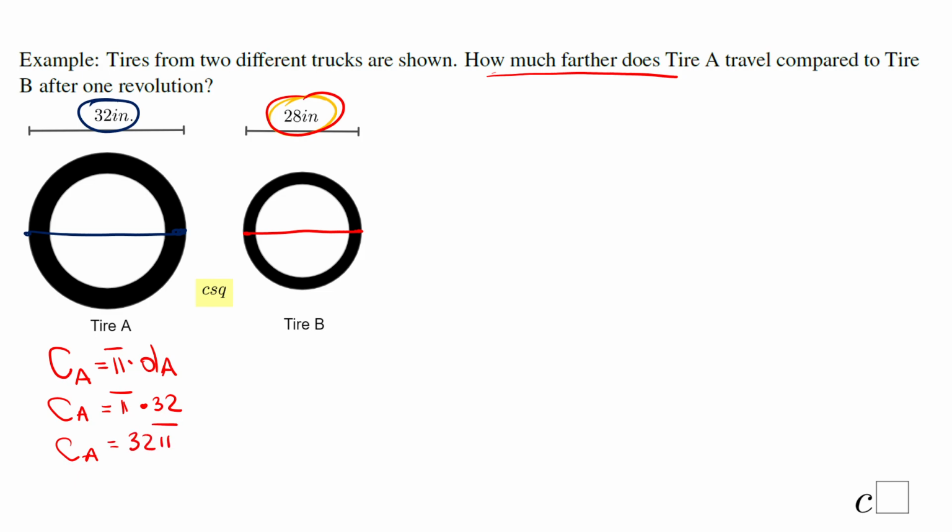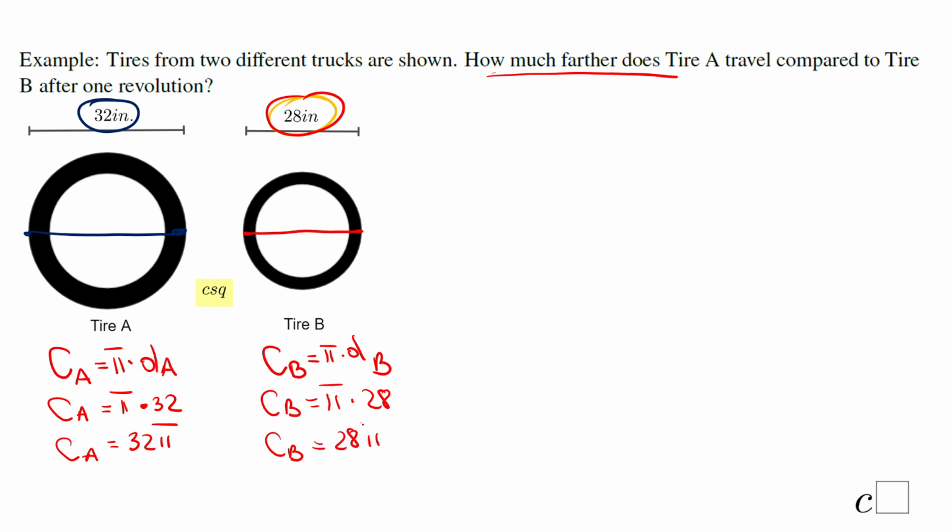Okay, what about tire B? Very similar. The circumference of tire B would be pi times the diameter of tire B, which is 28 inches. So we have pi times 28,